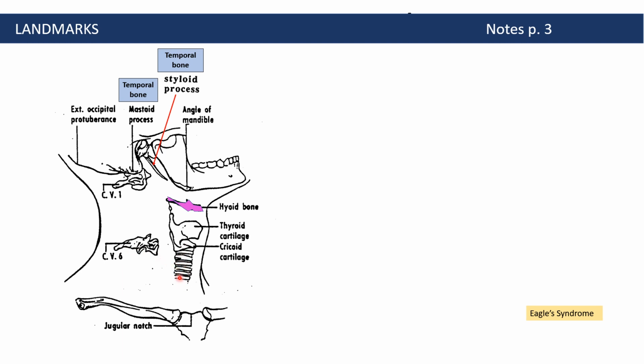Notice here are tracheal rings, and then other important landmarks are the sternum, the jugular notch of the manubrium, and also the clavicle. A clinically important feature that I want to bring up here is Eagle syndrome. That can result from an elongated styloid process such that it's too long, or there is a stylohyoid ligament that, as you might imagine, goes from the styloid process to the hyoid bone